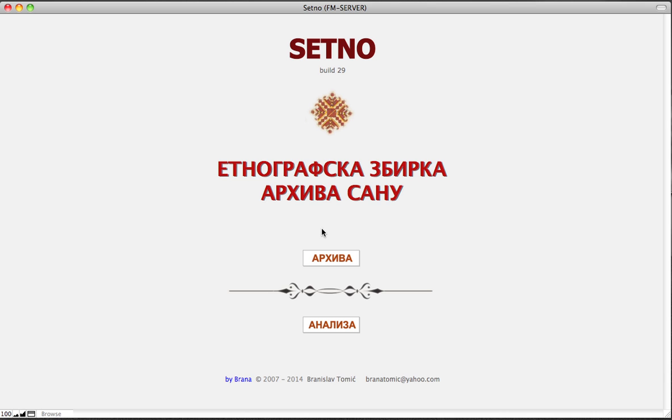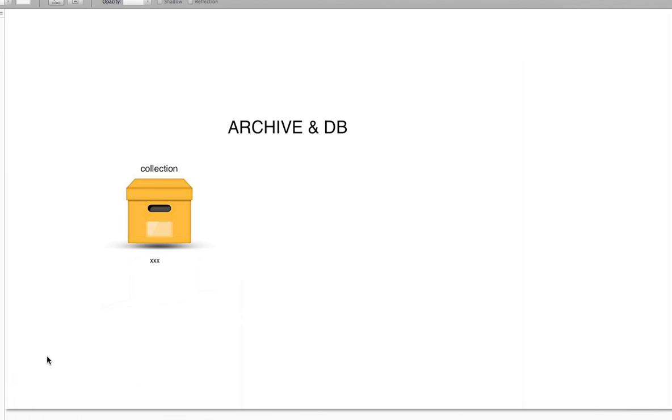The database consists of two main parts. That's the archives, that's this button here, and analysis, this button down here. Analysis is for searching and analyzing the database, and archive is mainly used for data entering and editing the database. First, let me tell you something about the database structure, and show how practically identical it is to the